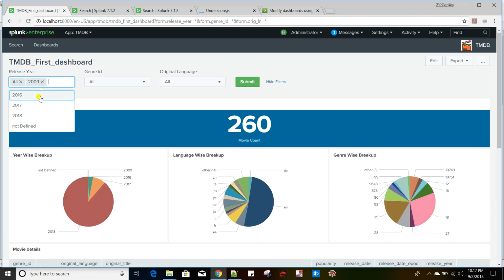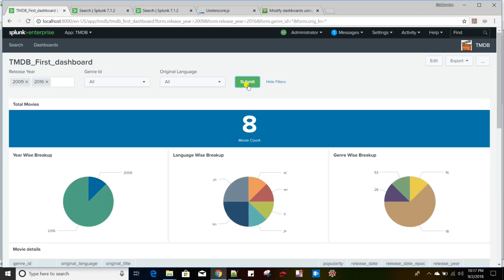Okay, if you see now again 2009, let's say 2016, I'll choose now. I'll remove this all manually now, submit. The same way it works, 2009 and 2016. So it's up to you how you want to construct the token and use that token in search. Okay, now let us fix